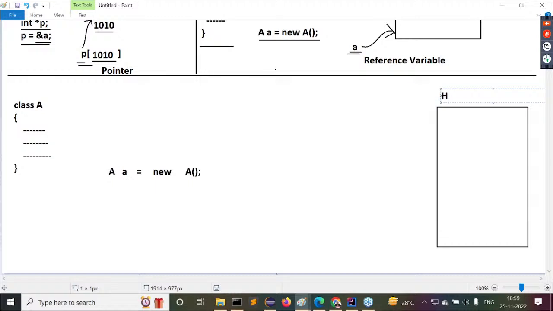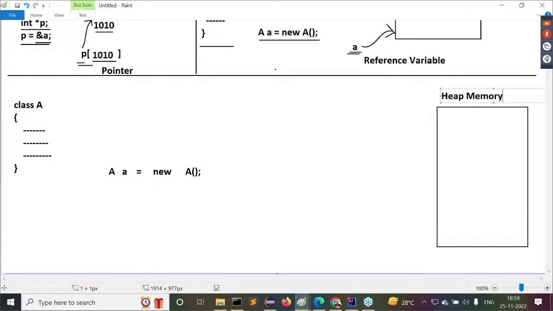Creating an object means creating a block of memory. So to create objects in Java, we use heap memory. As you are getting clarity: up to the class I have taken, I wrote the object creation statement, and then the memory block I take is heap memory.